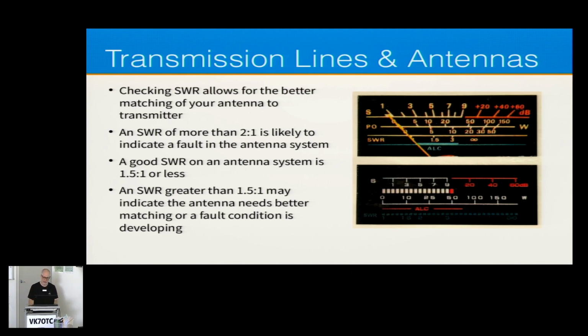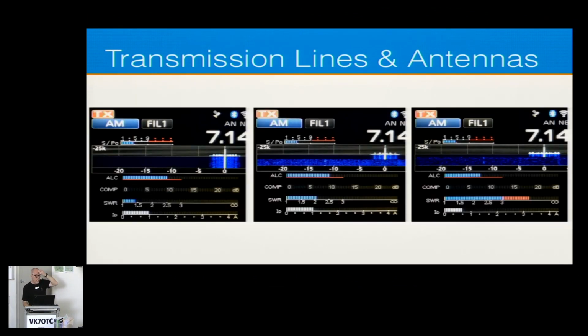Now, we very, very rarely have a perfect match because of the characteristics of what's around the antenna and feed lines and all sorts of stuff. But if you can get a 1 to 1 match, you're doing really well. Anything below 1.5 to 1 is considered a pretty good match, and you can well and truly operate. There's a couple of different types of